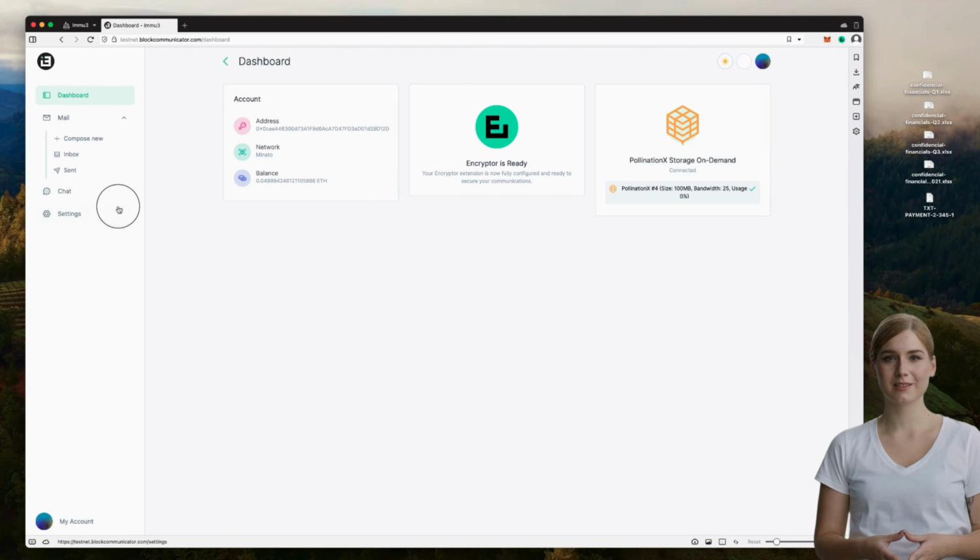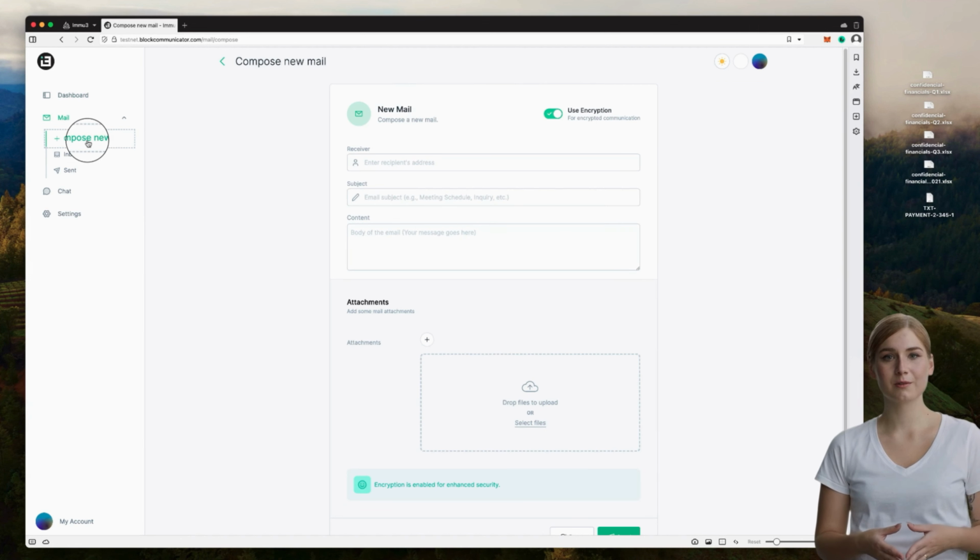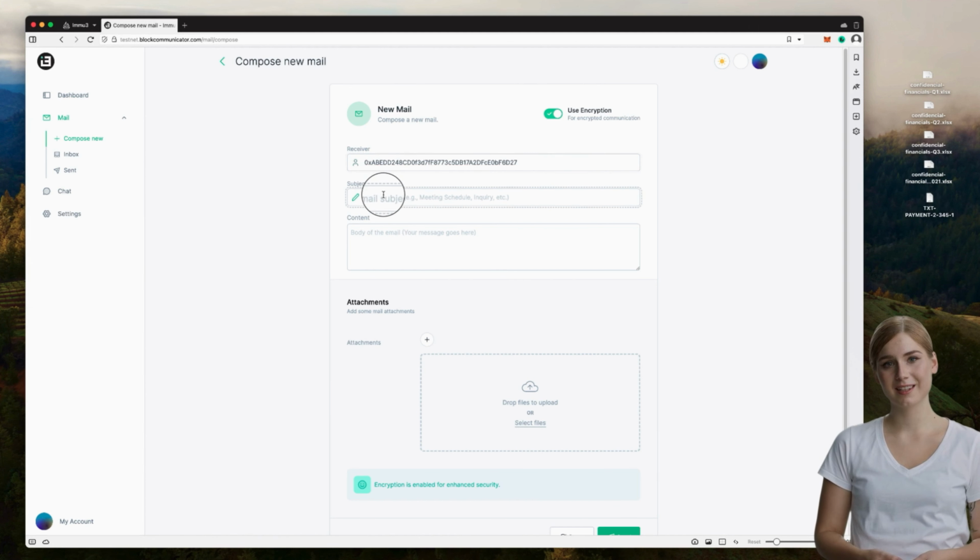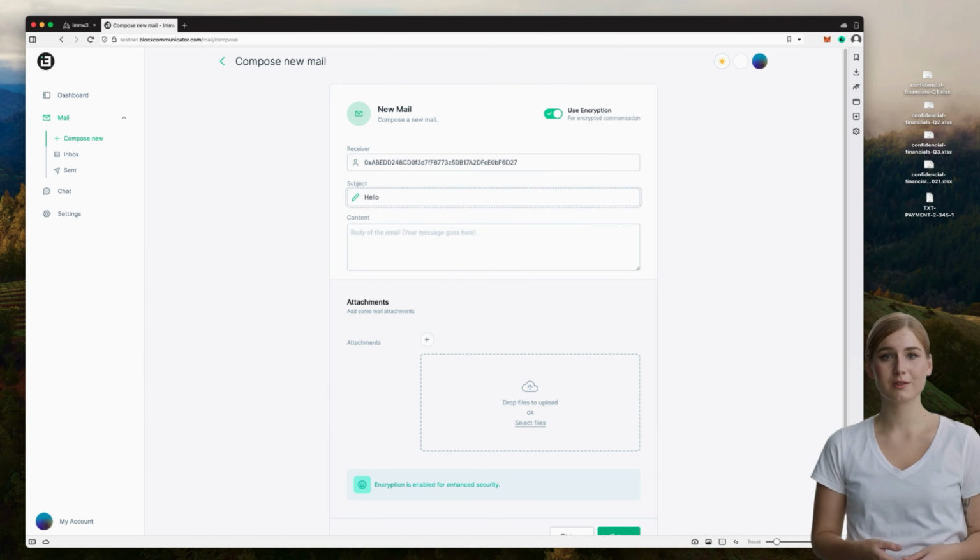Okay, let's get started. Let's access the Compose New tab. The receiver's address is his or her wallet address. We are adding ENS support to the stack, so don't worry, user-friendly addresses are coming. Just to note, the sender and receiver must be on the same blockchain, as cross-chain emailing is not supported. After filling out the email form, we can add the